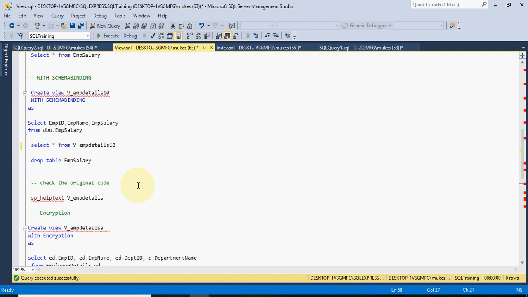I think we can use delete. We can check here, one minute. This is the schema binding, because schema binding is basically binding the schema.